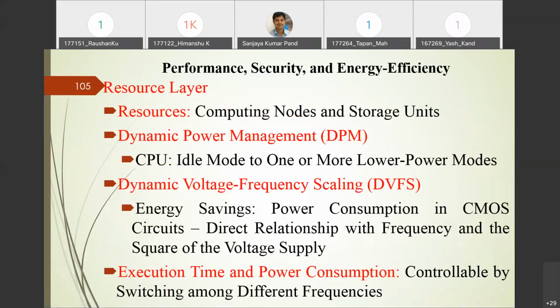So many people also establish a relationship between the execution time and power consumption. Many people are there. If anybody wants to do it, finally put it in the cloud. So I will share this purpose with you, right? You have to change your frequency with respect to time in order to save energy. That is done by your DVFS policy.